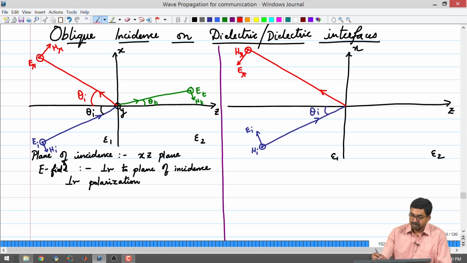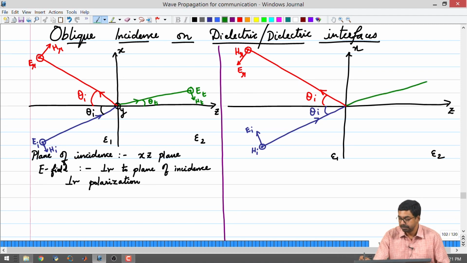Okay. Once again we mark the angle of reflection to be the same as the angle of incidence, and then we mark a transmitted ray also. Once again the assumption is that the magnetic field remains out of plane and is not flipped. So, we just mark this to be H transmitted. And in order to form the right handed triad with the k vector pointing in this direction, the E field will look like this.